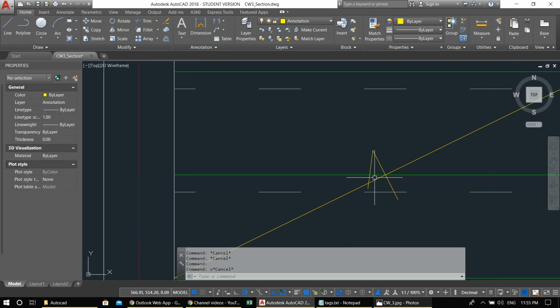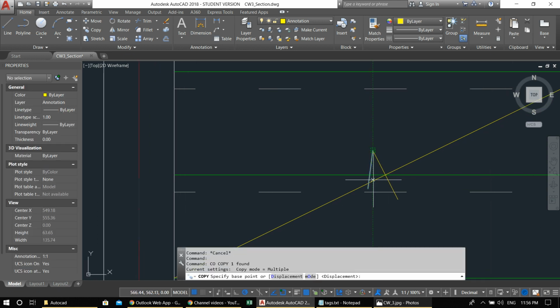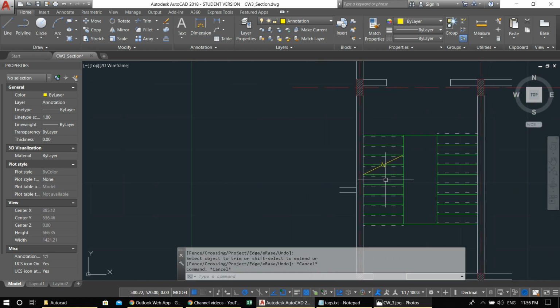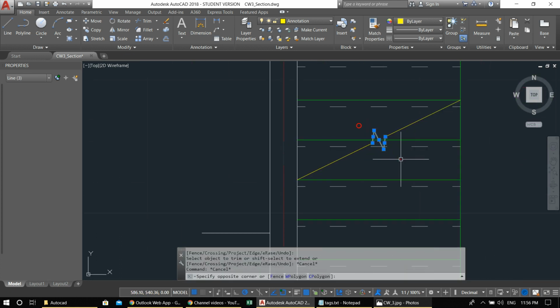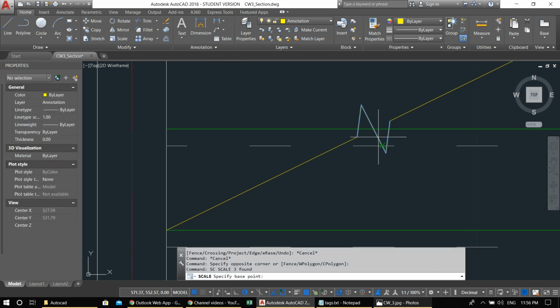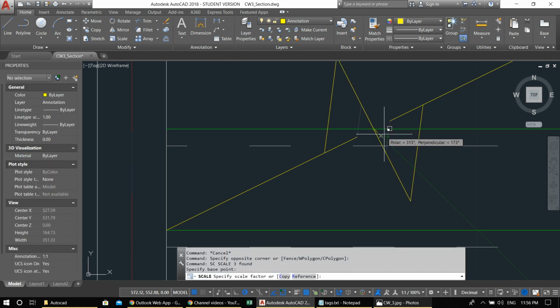Or copy it. What am I doing? CO, copy. From here to here. Trim. Here, here, here, here. Okay, this is good for annotation. If it's too small, you can always pick it up and press SC for scale. Take it from the middle, let's say